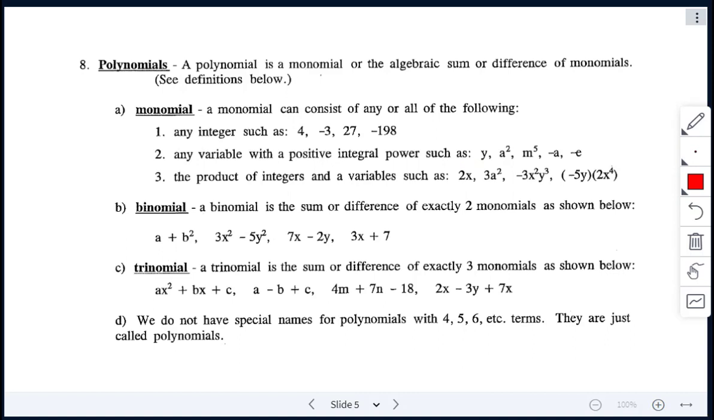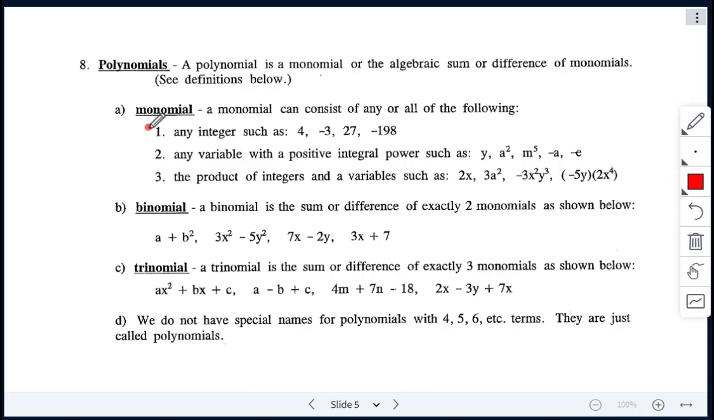All right, so next we are looking at polynomials. So a polynomial is going to be a monomial or the algebraic sum or difference of monomials. So they've used the word monomial in there. We don't even know what that is. So let's talk about a monomial first. So a monomial is going to consist of any or all of these following